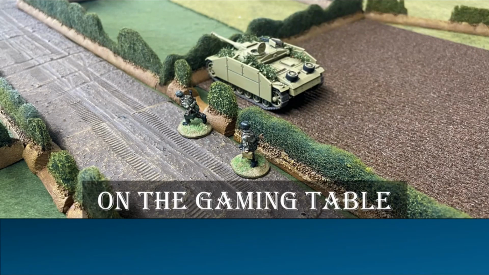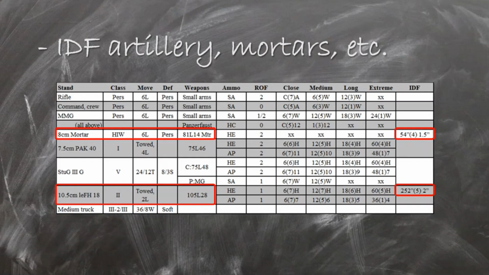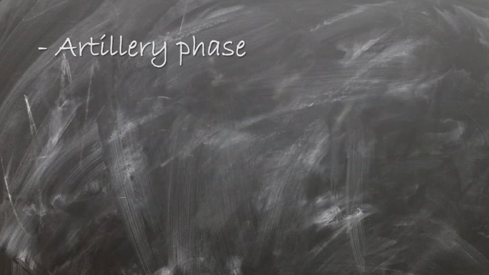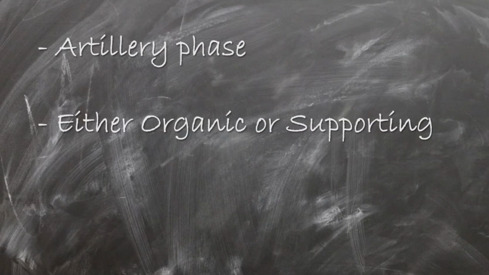Hello, and on the gaming table today, we're taking a look at indirect fire in Command Decision Tester Battle. So indirect fire happens with things like artillery and mortars, anything that has numbers in the IDF column of the datasheet. So here you can see 8cm mortar and 105mm field howitzer, both have numbers there, they can do indirect fire. Indirect fire happens in the artillery phase, which is at the very beginning of a turn, and your artillery